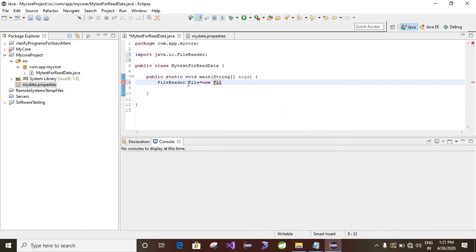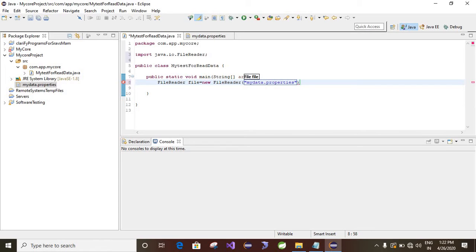You can give the location where the file is available, then give the file name. Now I am giving directly my file name because I gave the default location, mydata.properties.